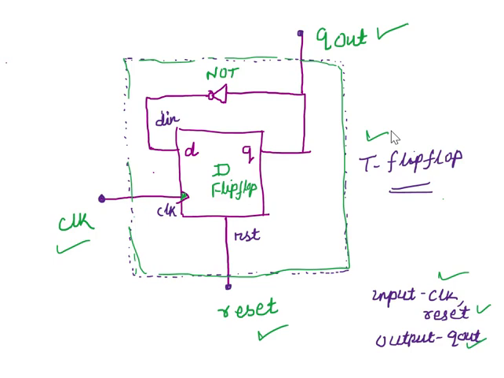The inside part, the modules that we are using, are a D flip-flop and a NOT gate. Okay. So you have to instantiate a D flip-flop module, or write the code for a D flip-flop module, and a NOT gate. Your inputs are clock and reset, and the output is Q out. And I have taken D in here, and this D in is nothing but a wire, because this is the connection between the NOT gate output and the flip-flop input. So I have taken this as a wire.